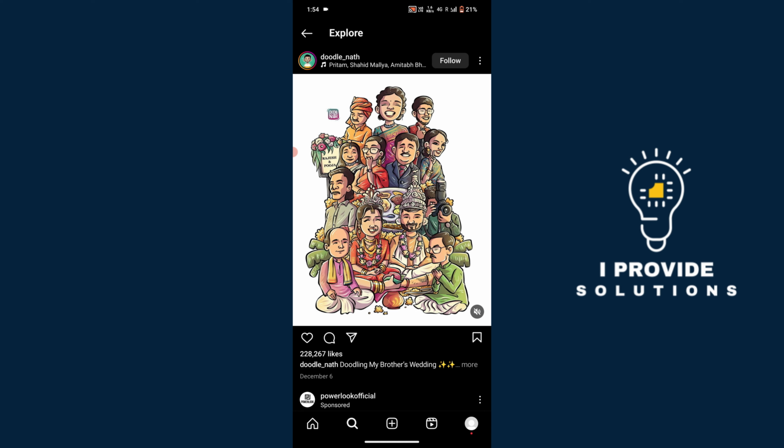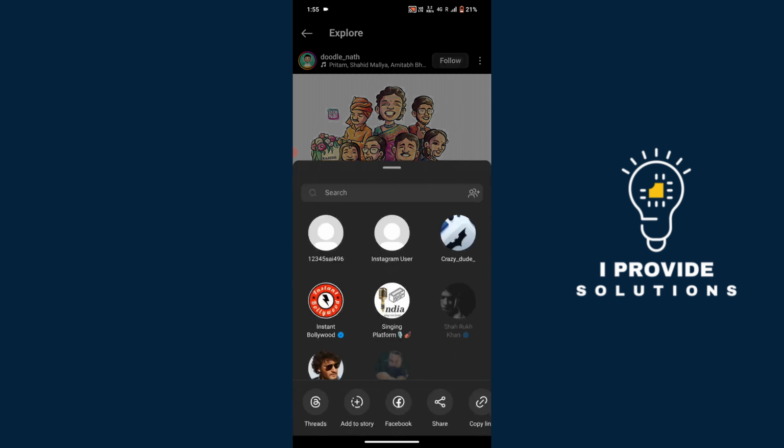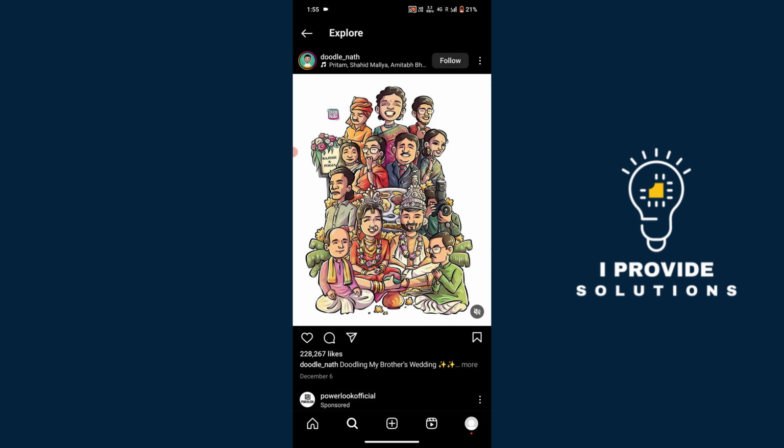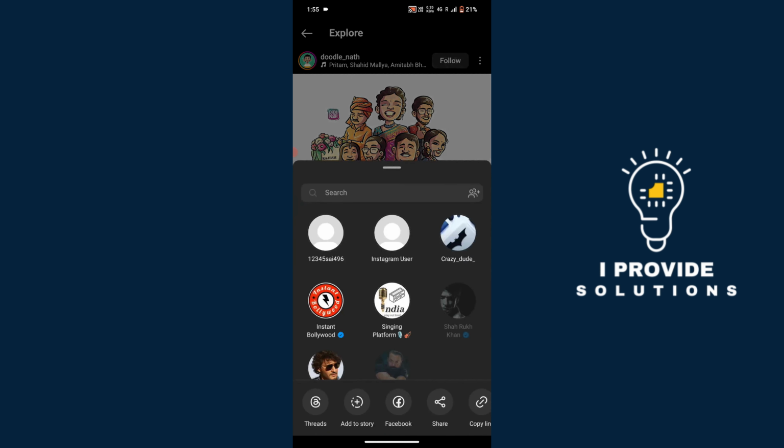Here we see that we have a share option. Click on that, or else you can take a screenshot. This is one option. We have another option also. Just click on the share button. Here we have a copy link. Just copy the link and